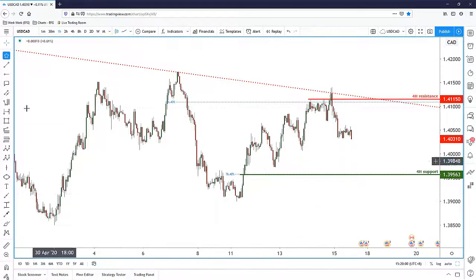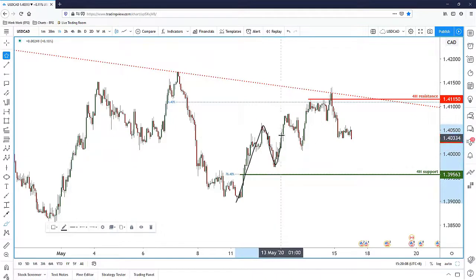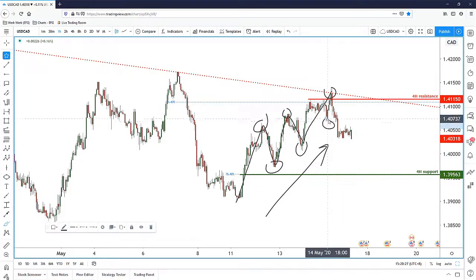Now, what's interesting is that we see price making a push up from the low, goes back down, goes back up, goes back down, and then goes back up, right? So over here, price is in an upwards trend. It makes a high, a higher high, and a new higher high. It makes a low, a lower high, a higher low, and then another higher low over here. But